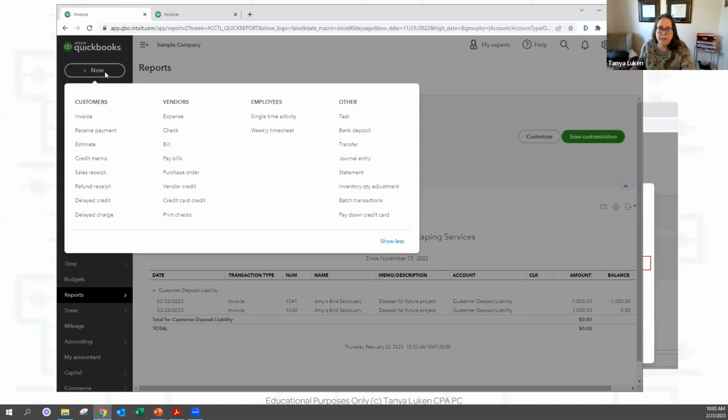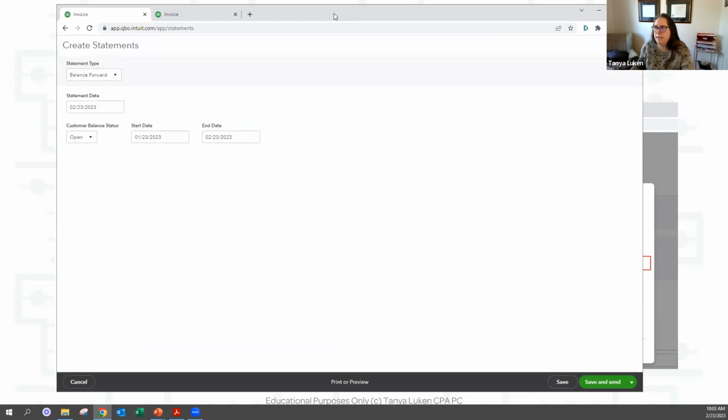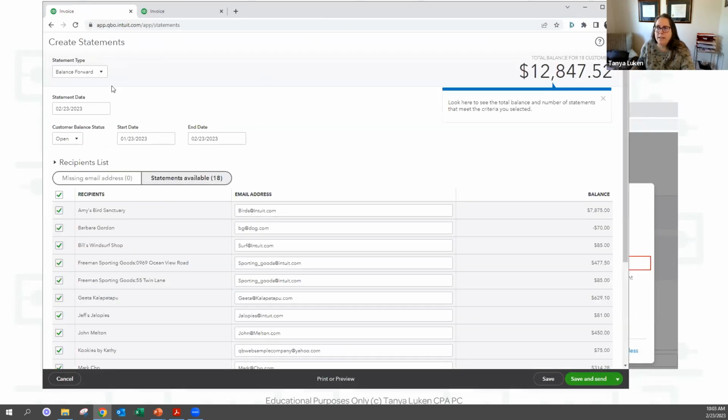You would go to the plus new button and statements are over here. So most of our customer stuff is all here on the left, but for some reason our statements are over here. So you go to statements and then it's going to ask you a few things. What kind of statement do you want? Your options are a balance forward, any open items, or a transaction statement. So a balance forward is going to say,